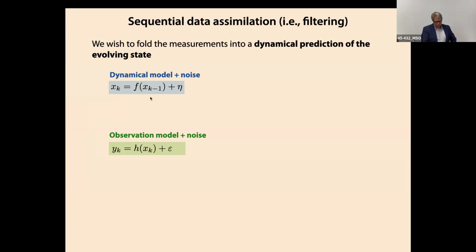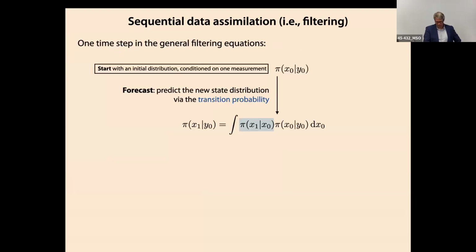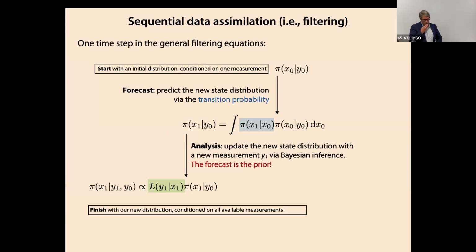Okay, so back to what I mentioned before, we have a dynamical model that can predict what the state's going to do next with a little bit of process noise thrown in there. And then we still have our observation model, just like before, that can predict what the measurements will be, also with noise, okay? And so each of those has its probabilistic version. We already had the likelihood before, that's the same as before. But now we have this transition probability, which is the probability of the next state given the previous one, okay? So those are the ingredients of a nonlinear filter, okay?